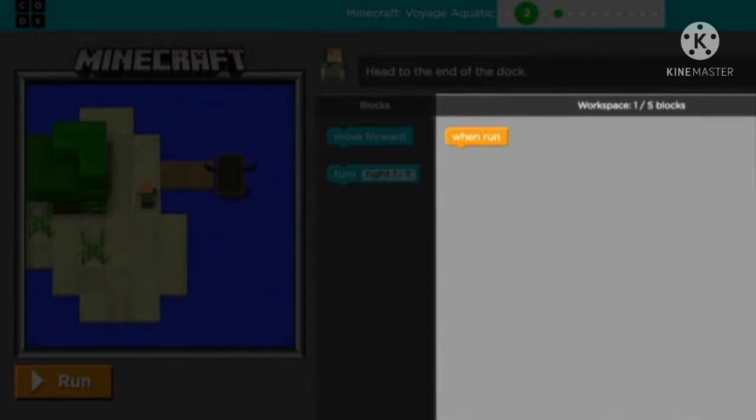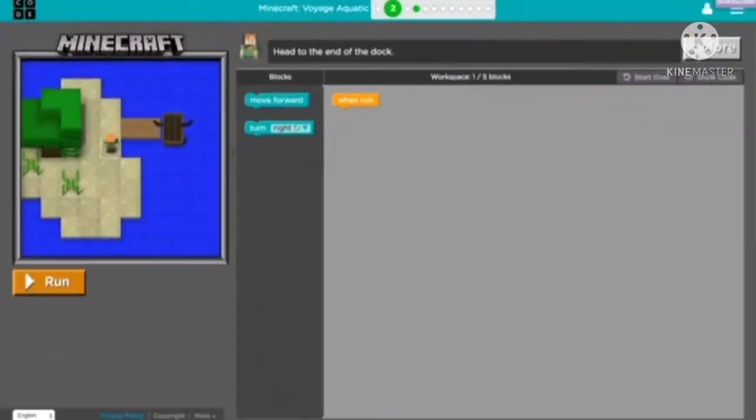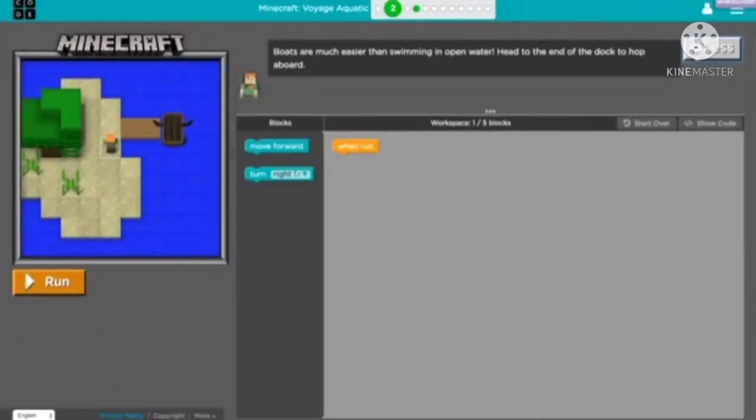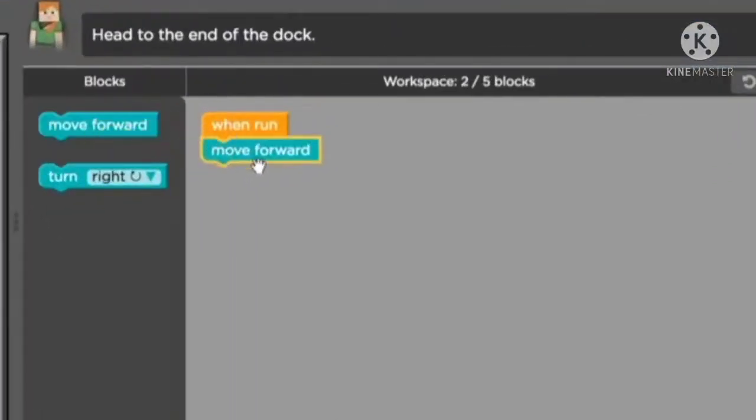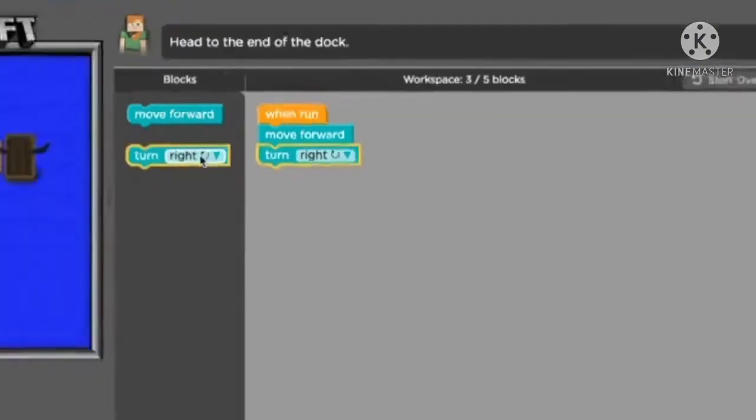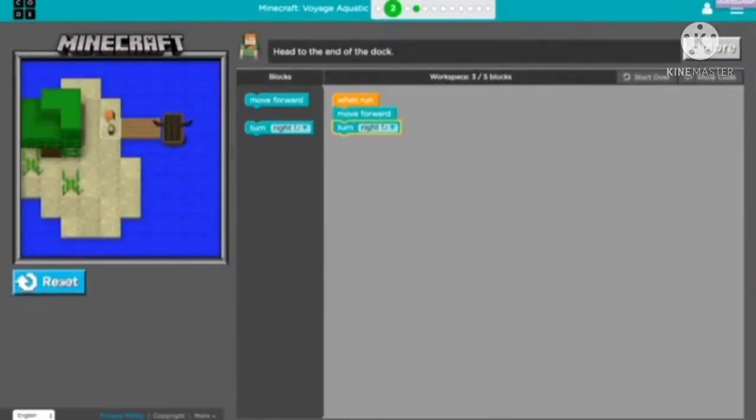This is where you can start commands to build your program and control your movements. The instructions for each level are at the top of the page. Click the plus sign to change between long and short instructions. Try dragging blocks from the toolbox into the workspace, stacking them, and then click the run button to execute your